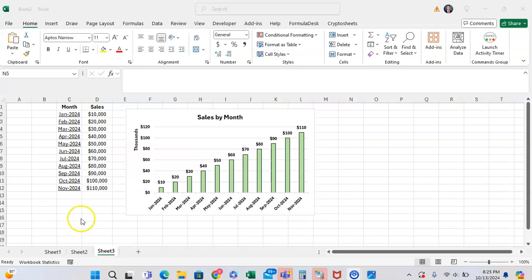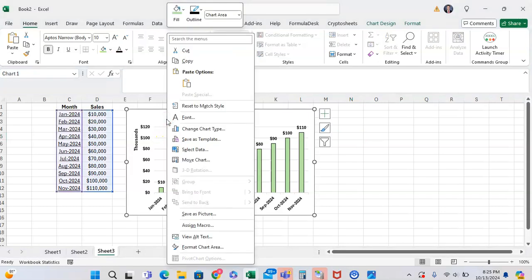In this short tutorial, I want to show you how you can save a chart as an image of Microsoft Excel. To do this, right-click on the chart that you want to save as an image, and then here you can go to the bottom, and near the bottom, you're going to see where it says Save as Picture. Click on that,